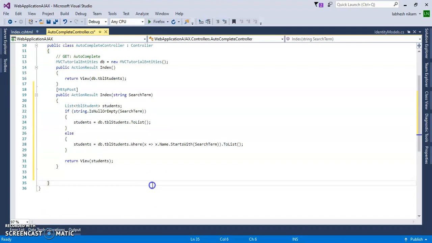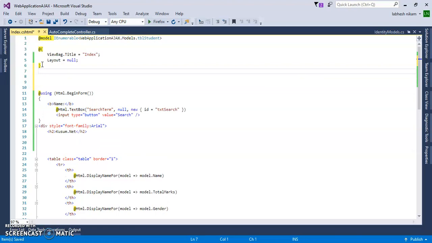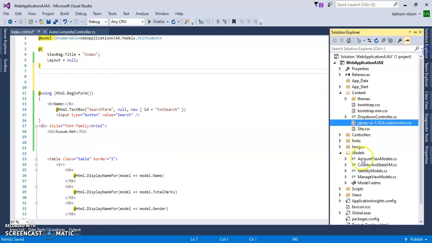So this happens. But if I want to search within characters in the search term, the names of those students, by typing only two characters, then what you will do is add one jQuery function for autocomplete functionality. It will autocomplete by characters and show you in the search the full names for those characters. For that you will add some script files like this.